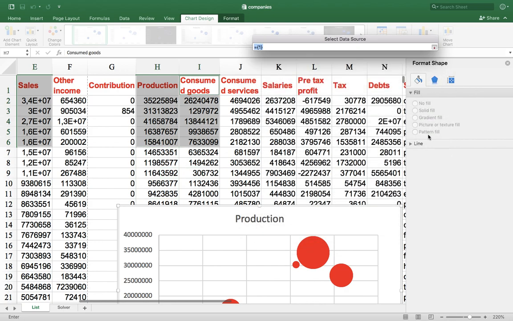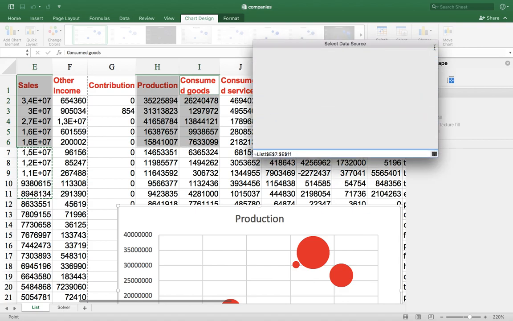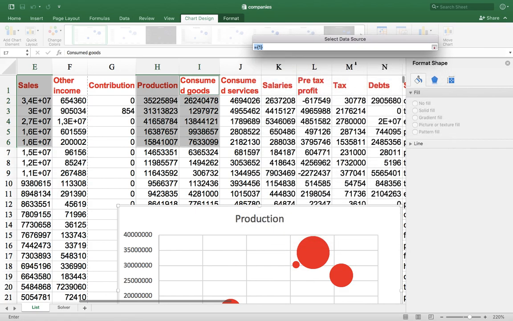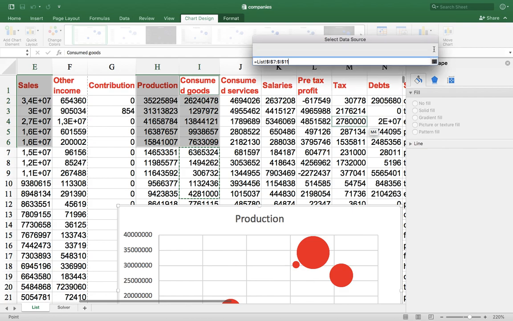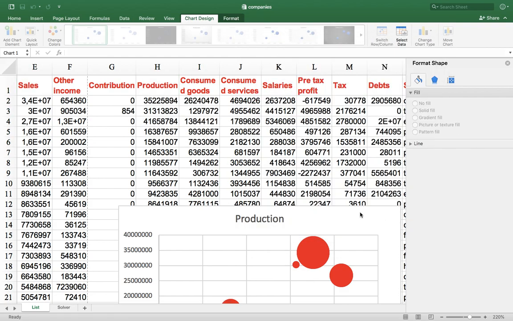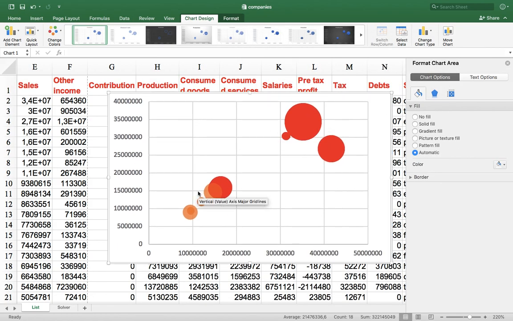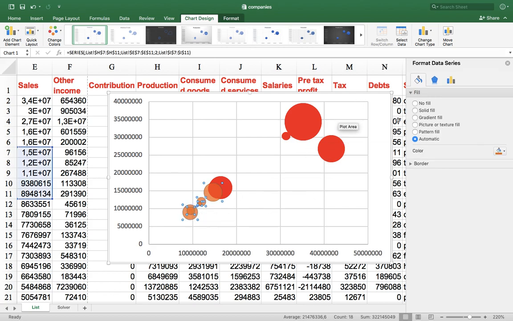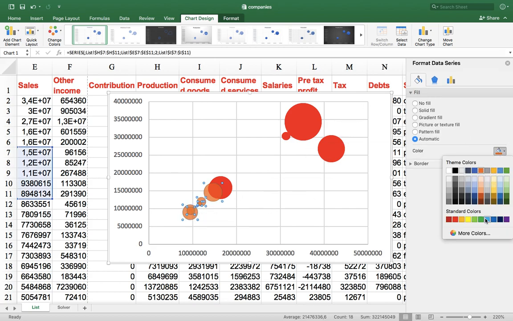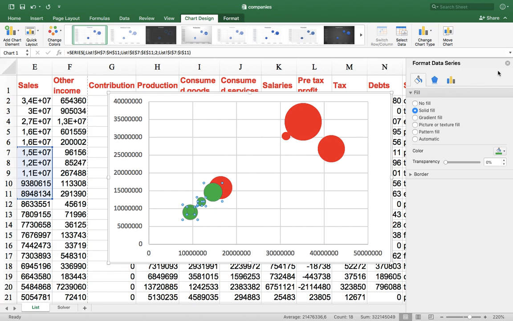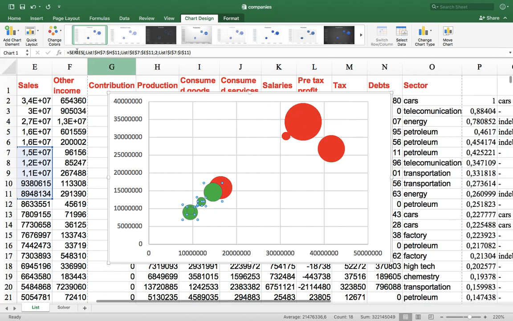Y values, remove the equal 1, it's column E. And bubble size, remove the equal 1, it's column I. Okay, this should be green. Green. Okay,